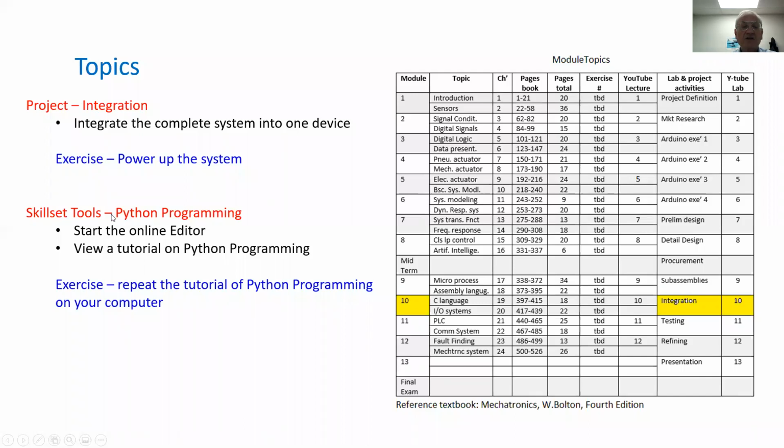As a skill set tool, we'll take a look at Python programming, very common in artificial intelligence, machine learning. We'll start the online editor, we'll view a tutorial, and then we'll do an exercise repeating the tutorial programming on